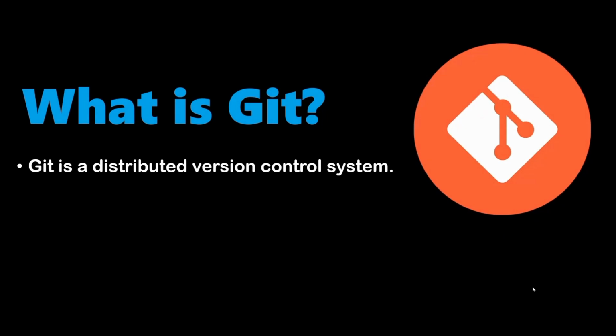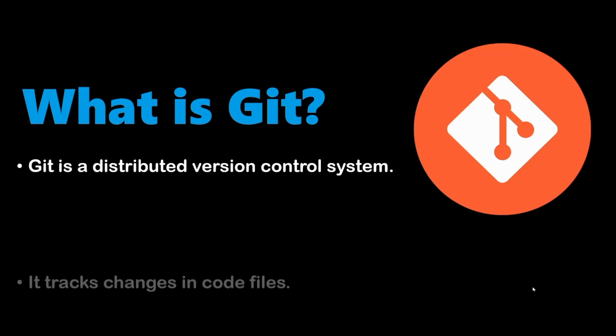So Git is a distributed version control system, and Git helps developers track changes made to their code. It's like a time machine that remembers all the different versions of the code. Imagine Git as your magical time travel journal for computer code. Whenever you make changes to your code, Git helps you save those changes, almost like taking snapshots. So if you ever mess things up, you can go back in the time to a version when everything was